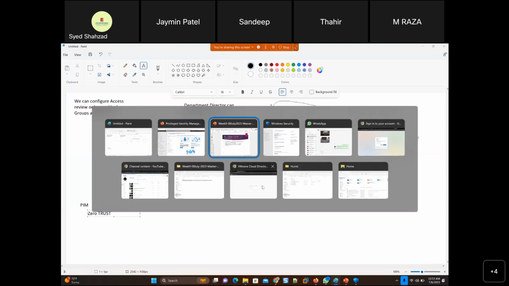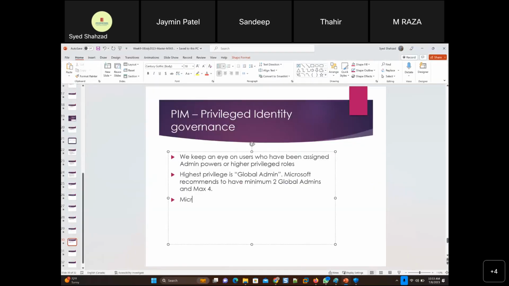So what does that mean? Microsoft mentions to follow the zero trust policy.